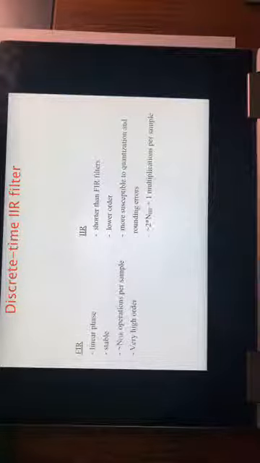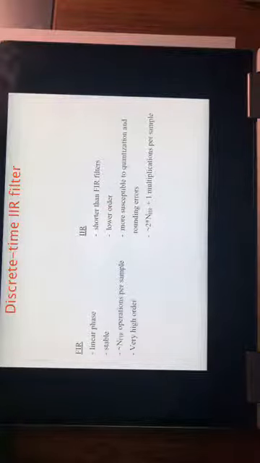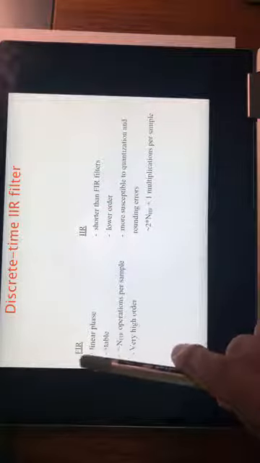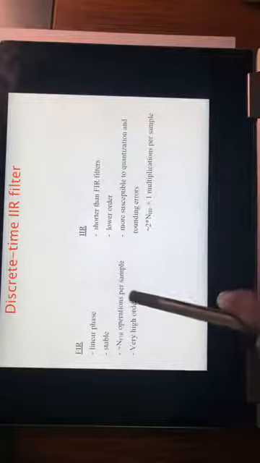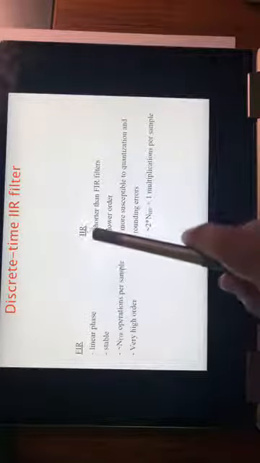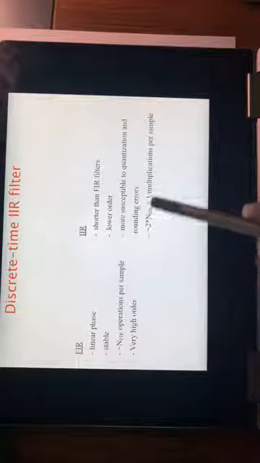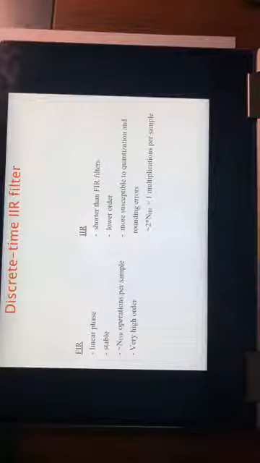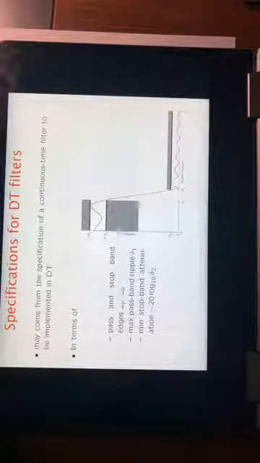Then we have covered why to use FIR versus IIR filters. The main reason for using FIR is a stable and linear phase, but you have to spend more operations per sample. And a reason for using IIR, they are shorter, but you got to deal with susceptibility to quantization, and also issues of stability. So you got to deal with these issues. But we need to learn both, designing FIR and IIR systems both.